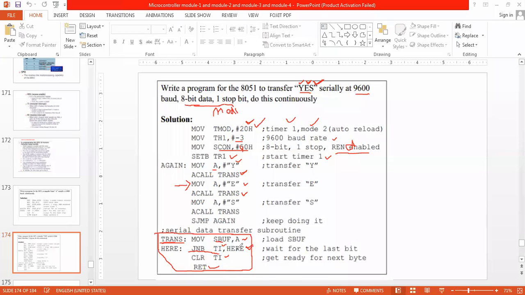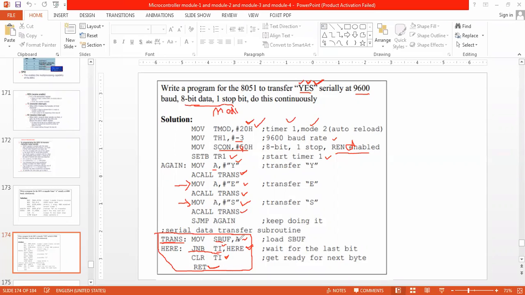Until then, we look at TI. When the stop bit is reached, TI becomes 1, so clear the TI bit and go back. Where will we come back? Here. Store S into A, go to transmission.